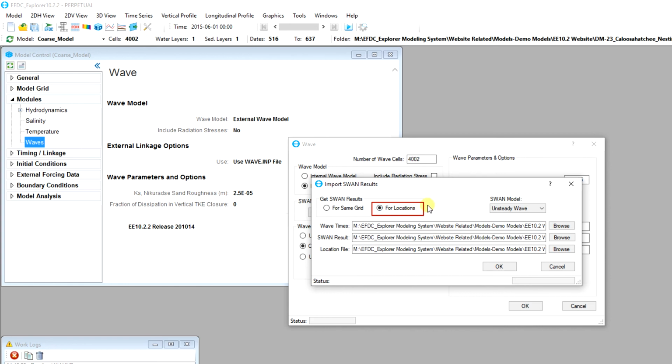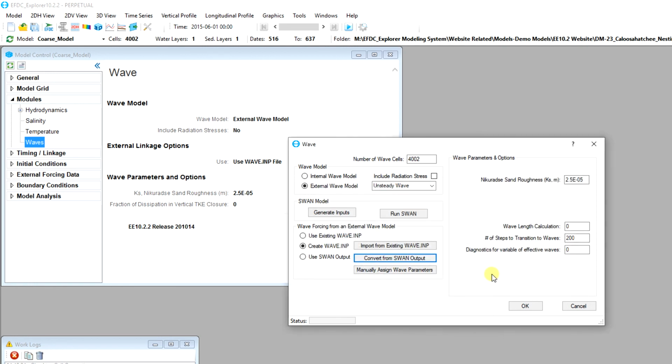This option should be chosen when SWAN and EE use 2 different grids and the wave data was exported at the locations from the SWAN model. The latter option requires 2 input files, a location file and a table file. Both files should be generated by the SWAN model. For sparse location points, interpolation to the grid is suggested. Options to configure the interpolation can be found in the Interpolation Options frame. If the original grid or points were dense relative to the EFDC grid, then simple averaging with cells can also be used. Pressing OK will complete the conversion and import process.